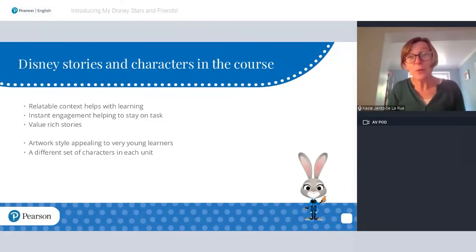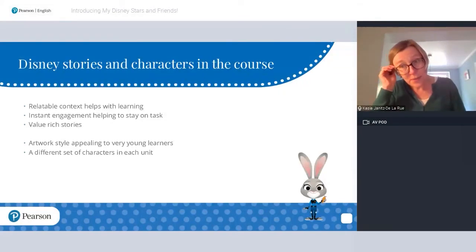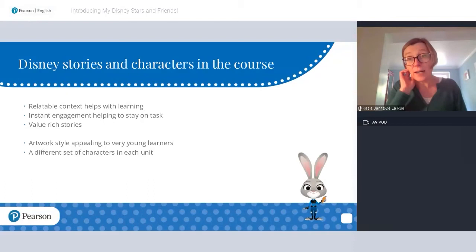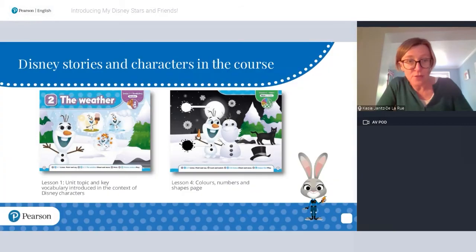As you will have seen looking at the characters here and at the covers that I've been showing you, all the characters in the course are in the same artwork style. This is an artwork style that has been developed in particular to appeal to very young learners aged 2 to 6, and it's simple and very relatable. So we have a different set of characters in every unit, but they're all drawn in the same style, and that makes the look and feel quite consistent. Okay, so that's where we are in terms of the overall introduction to how the Disney characters appear in the